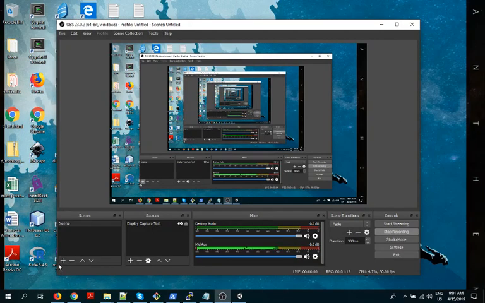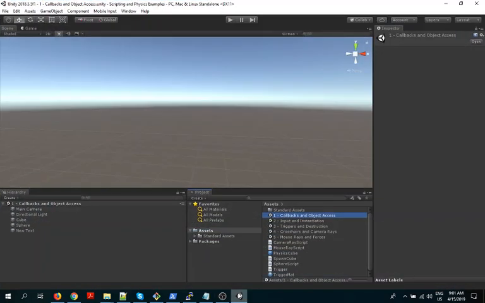I got a few cheater notes here to get me started. Actually, the very first thing should be there is an example file, so you might want to start that downloading. It's not big. In Sakai, scripting and physics in the title. Download that, get it unpacked. That's what I have up here.